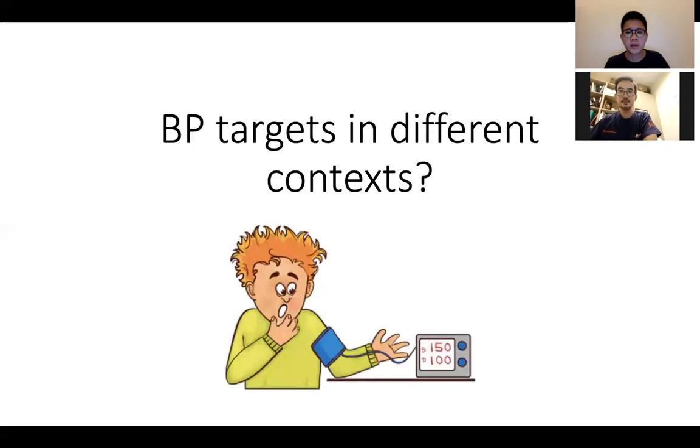So maybe we could just have a short word about the different blood pressure targets in different contexts. You have mentioned the blood pressure target following thrombolysis. What about instances of, let's say, patients who were not thrombolyzed? And are there any other special scenarios that we need to consider? Okay, so